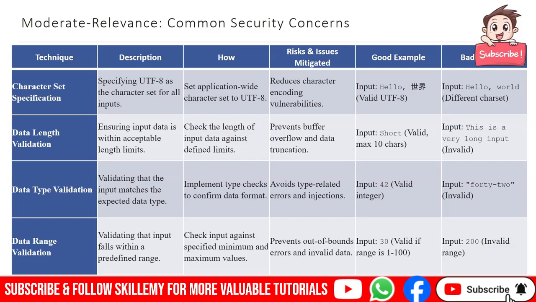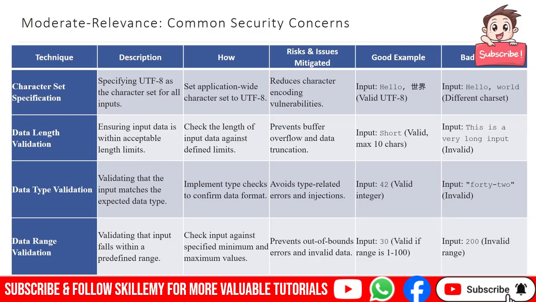Next, we have data type validation, which is essential for ensuring that inputs conform to expected formats. This technique employs type checks to confirm that the data type matches the application's requirements, thereby avoiding type-related errors and potential injection vulnerabilities. For example, a valid integer input like 42 illustrates correct validation, while a string input like 42 does not meet the expected format. By validating data types, we can prevent malicious users from attempting to inject harmful scripts or cause